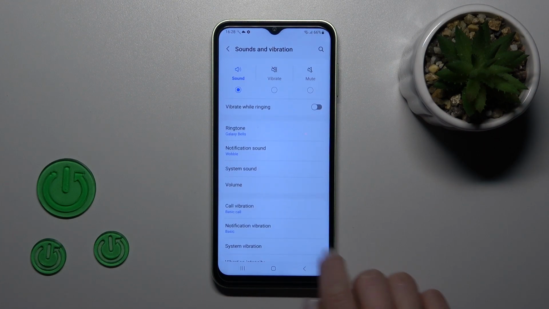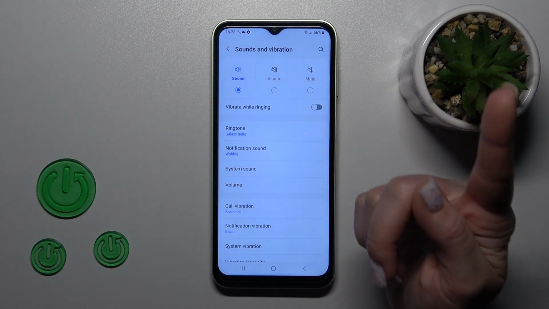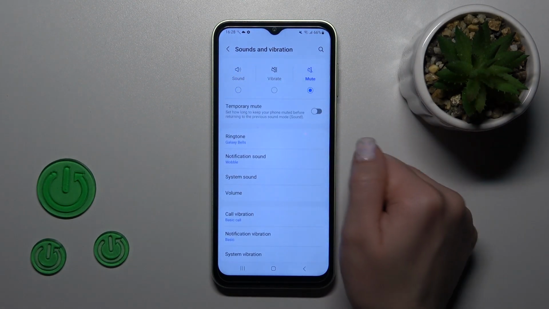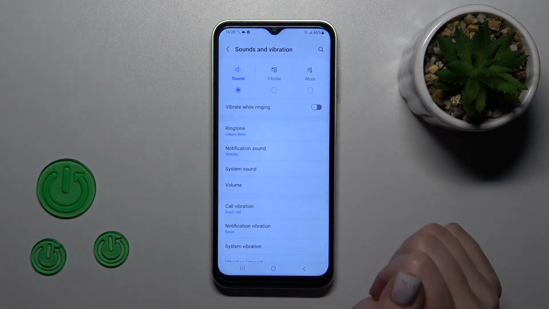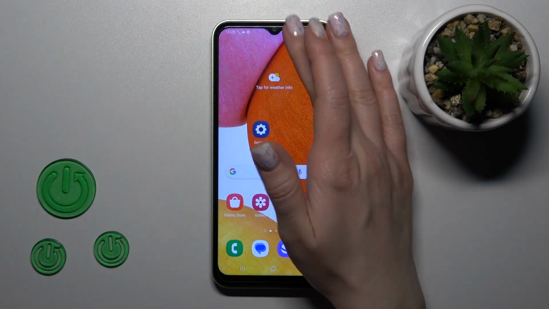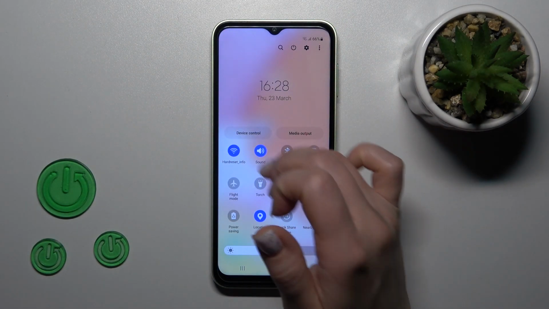Here you'll see the sound and mute modes, so to activate mute mode, the silent one, we should switch sound to mute, and in the same way, to turn it off, we should switch mute mode to sound. Also, we can do it another way, just open the control panel and here you'll find the sound